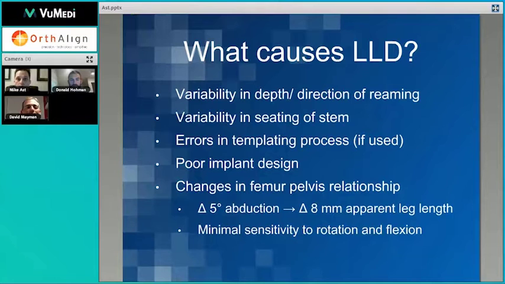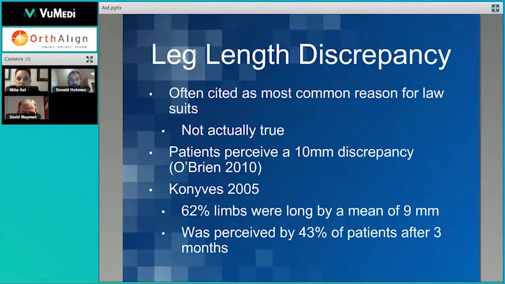Distracting the leg will abduct the leg and/or rotate the pelvis, which can dramatically change the apparent leg length that can also be sensitive to rotation and flexion. And because of all these, we need a more reliable and measurable way to do both leg length and cup position. Leg length is sometimes quoted as the most common reason for lawsuits, although recent publications actually state that that's